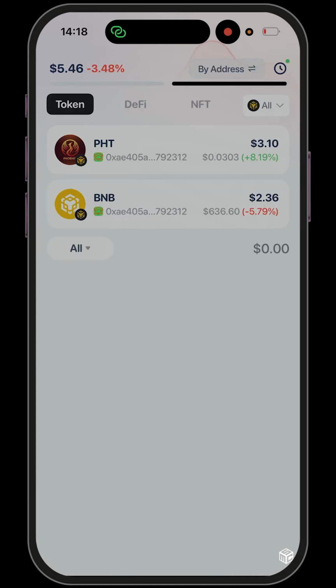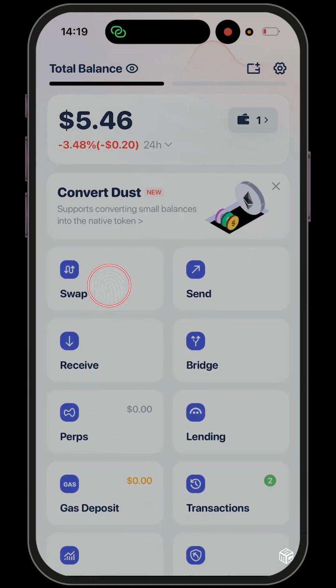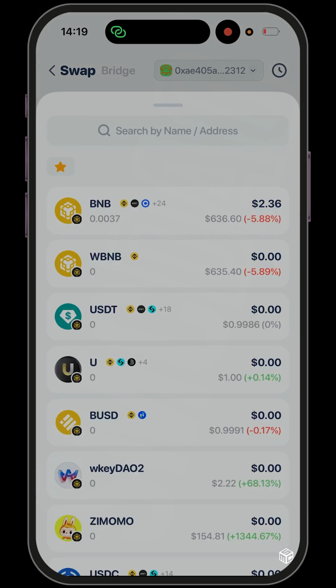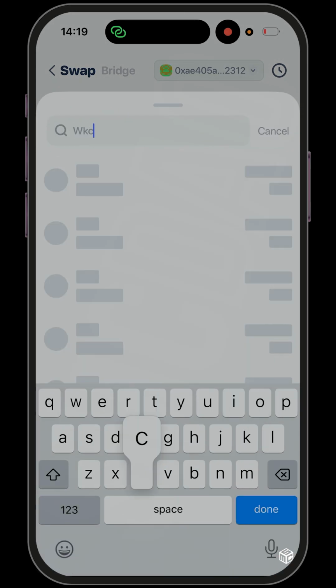You can see I have BNB already, $2.3 worth of BNB, and you could either connect to a DEX platform, that's a decentralized application, or you just do it directly through the Rabby wallet swap feature. Let's just go to the swap feature and see. So I want to swap from BNB to Wikicat. Wikicat is WKC,